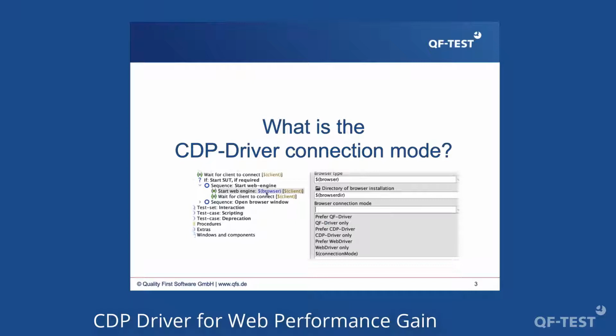And there you have this drop-down box where it says browser connection mode, and you have more or less 3x2 options, 3 different drivers where you can select whether you really want to ensure that your test is executed with this driver in this connection mode, or whether you just say, well, I prefer to have it executed that way, but if it's not possible, use another good way. This is the very short explanation of what you see of the connection mode,